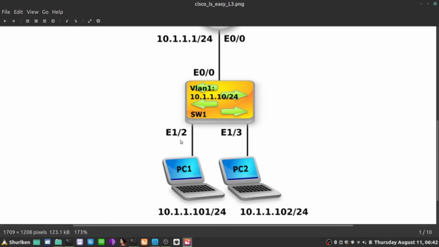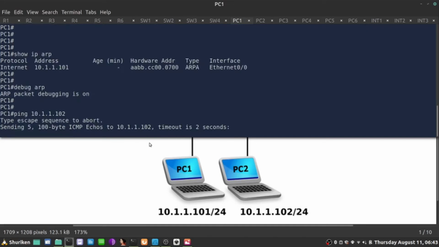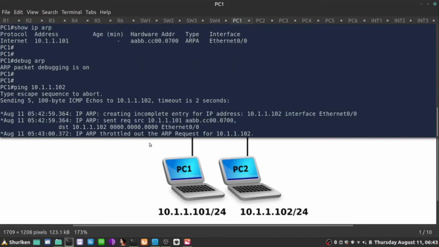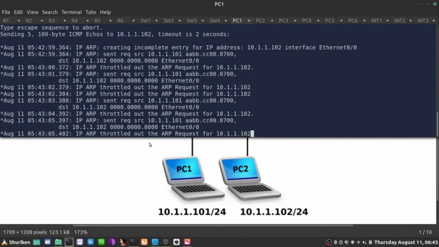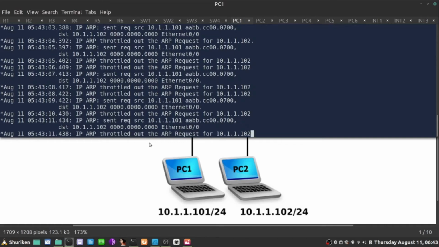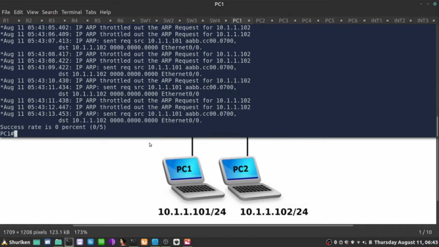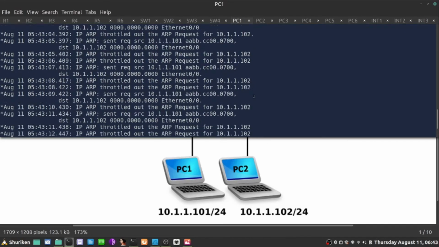So I'm going to send a ping packet now. I'll see the broadcast because I'm doing debug ARP, so I'll see that broadcast sent. I'll send ping 10.1.1.102. How do I disable debug? It's undebug all. See, this is why it's very dangerous to do this on a production system. That could actually crash the box. But this is the lab. So the ARP request was sent,